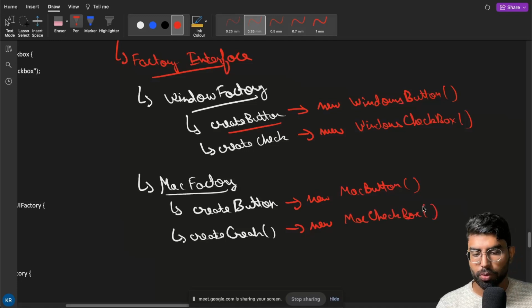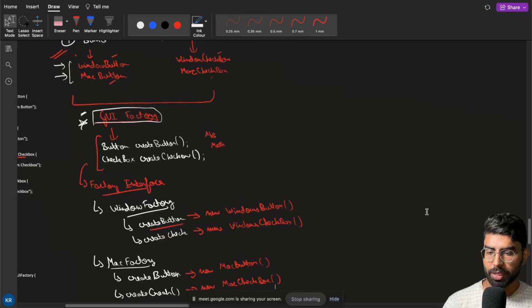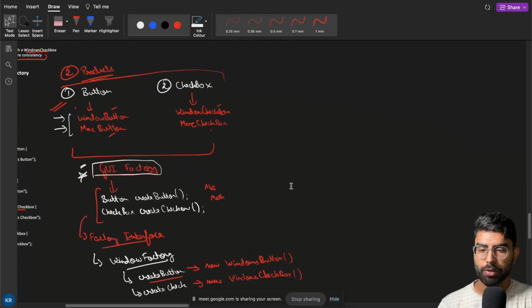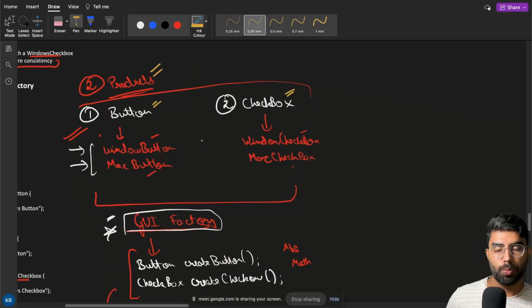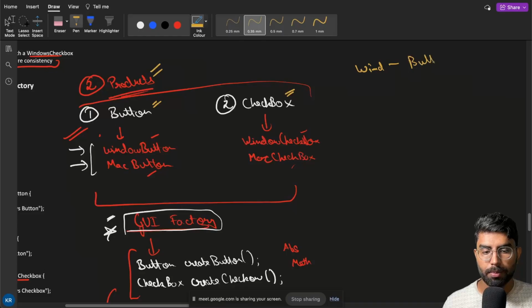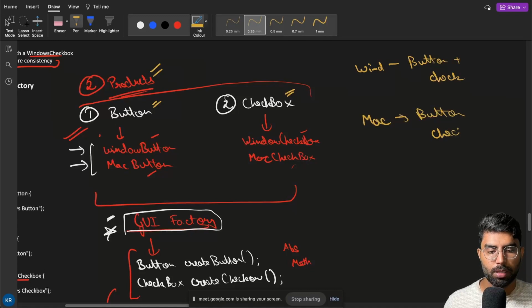Are you trying to find the logic, the relation between these basically? Okay, so initially we have these products, the button and the checkbox. Button and checkbox are related for Windows and the Mac. Windows will have the button plus checkbox. Same with the Mac, we will have a button and a checkbox. So these are the